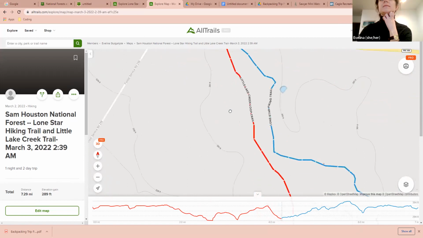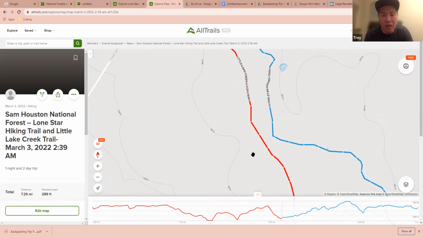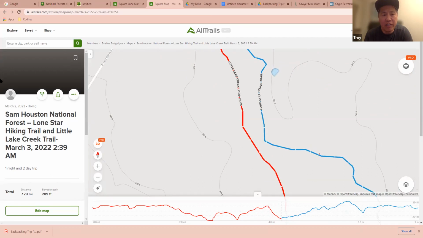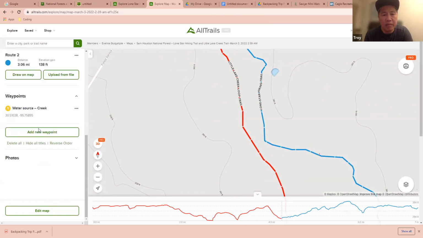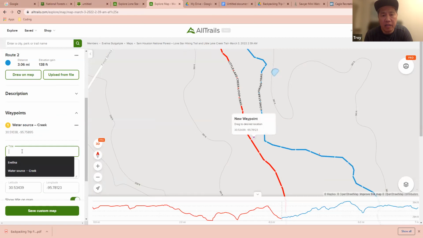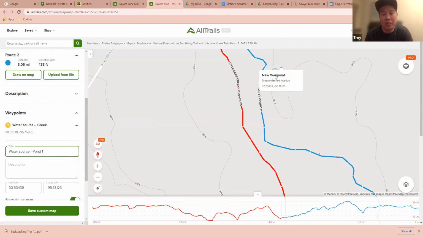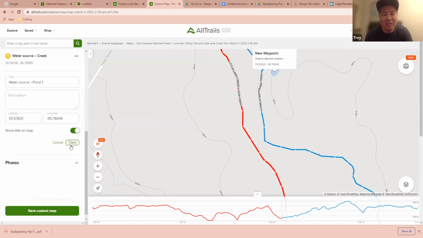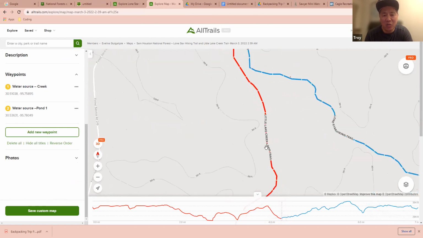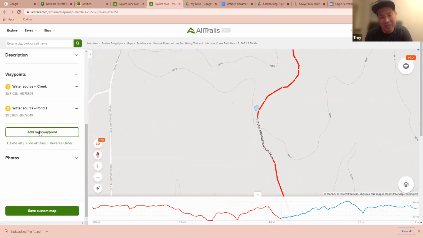This one. Yeah, so you could identify that, do a waypoint right there while you're here, and then go throughout your route and do those water sources. And the reason why I say that is because some people carry their water bottles in the outside pocket. You could lose your water bottle, right? And then you have half your supply. And so sometimes it's just good to identify sources along the route, just so that you know there's another one.